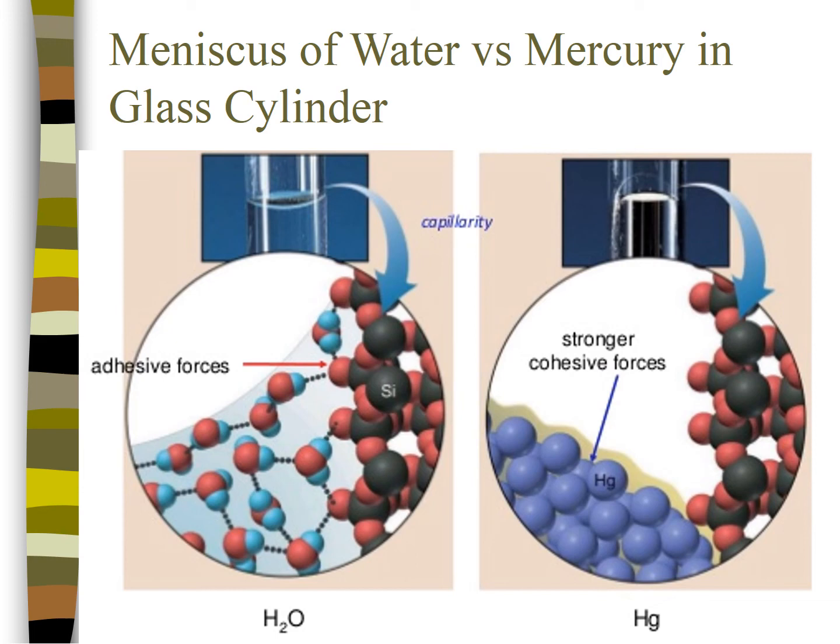The water doesn't really form a concave meniscus in a plastic cylinder. Contrast here, mercury. Mercury is a nonpolar liquid, and it's being put into a glass cylinder. If you compare the meniscus in these two pictures, the one on the left with water has the typical concave meniscus, whereas the one on the right with mercury, you see a convex meniscus. Now, why is that? The answer is cohesion and adhesion.